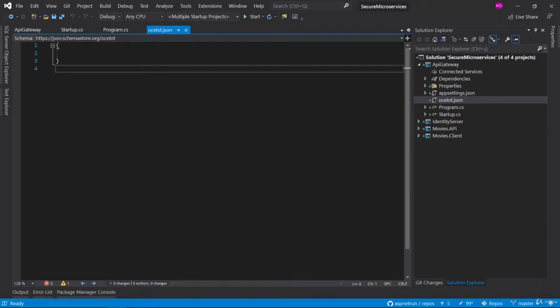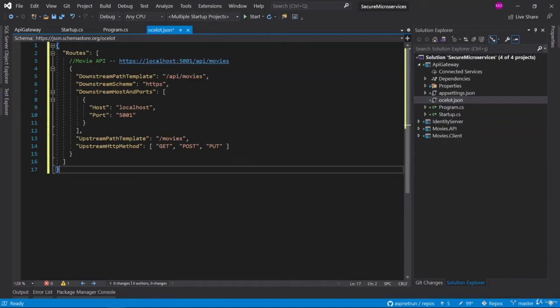For that purpose, I'm going to write first and I will explain later. We can define our route information in here. As you can see, there are routes, and under the routes we are defining our downstream and upstream paths. So these route definitions provide open APIs to the outside of the system and redirect these requests into the internal API calls. Of course, these requests will have a token, so Ocelot API Gateway also carries this token when calling